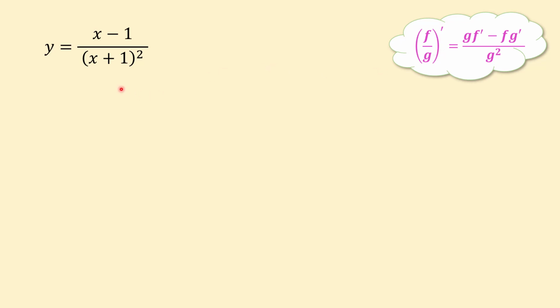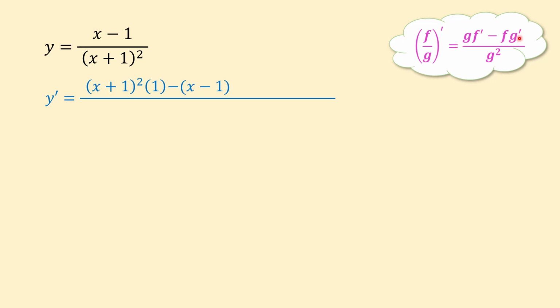And so the derivative of this function equals the bottom function. So we have to write x plus 1 squared times the derivative of the top function. What is the derivative of x minus 1? The derivative of x is 1, the derivative of 1 is 0, so the derivative of the top is just 1. So bottom times derivative of top is 1, minus the top function, x minus 1, times the derivative